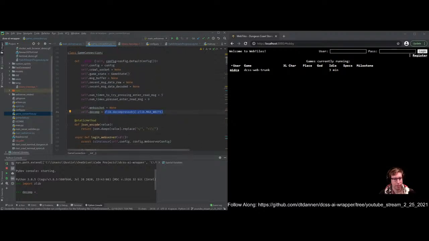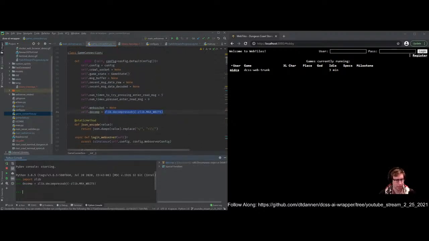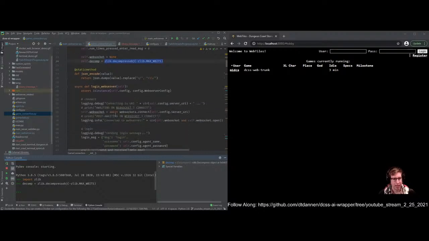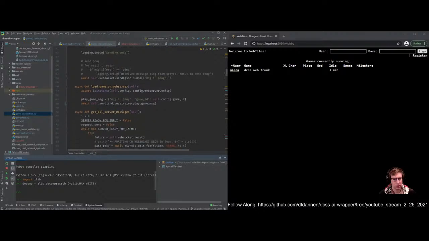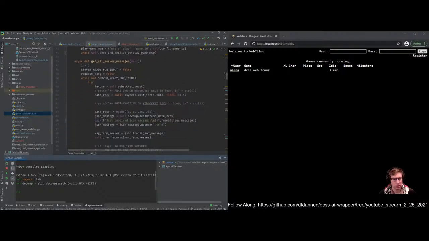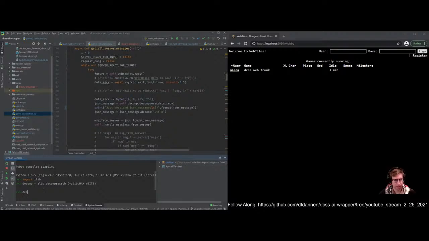And we have a max number of bits. Let's just try this. Okay. Now I think we just need to do JSON message is equal to decomp dot decompress,